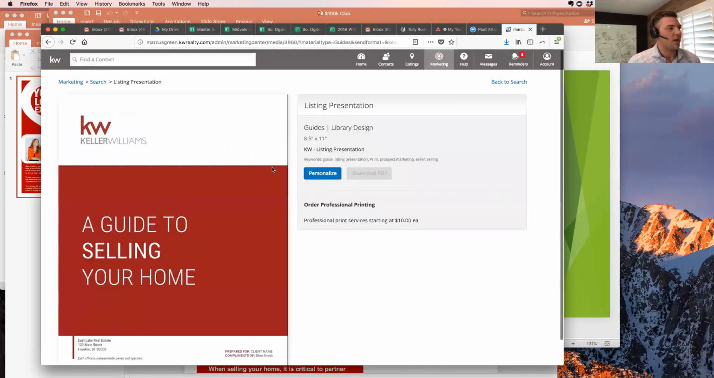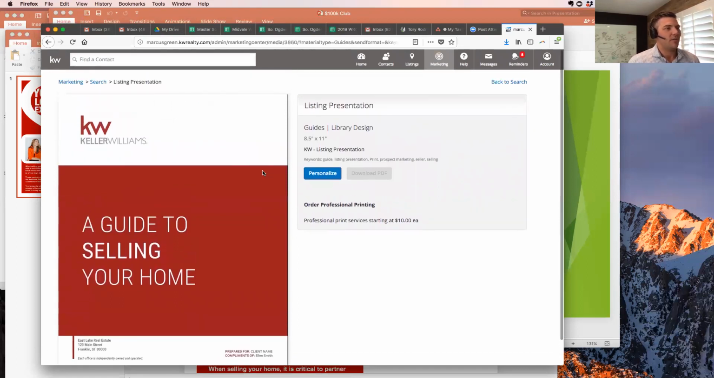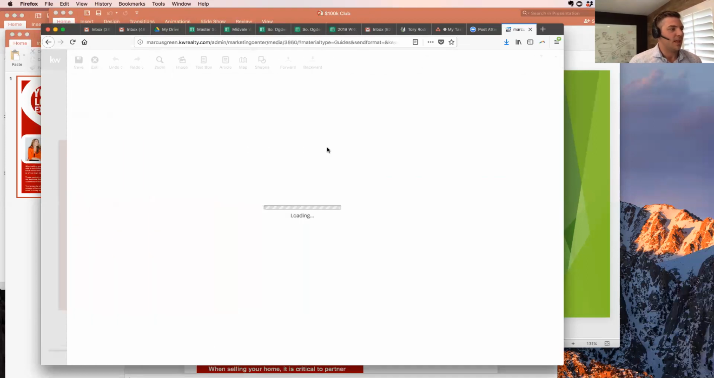I'm not going to walk you through every page of this one. I'm actually going to show you the one we've created for my team using the same template. But as you go into this and you click personalize it, everything inside of this listing presentation is fully customizable. So it's going to pull in all your contact information. It's going to pull in your logos, all of that for you. It takes a minute to load because it is a bigger document. But the key here is to